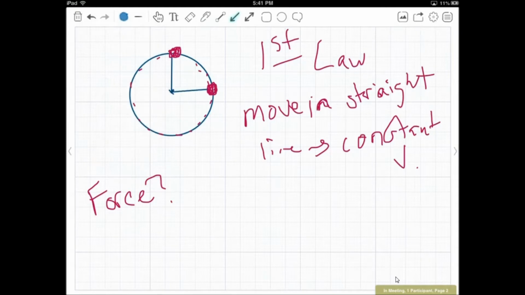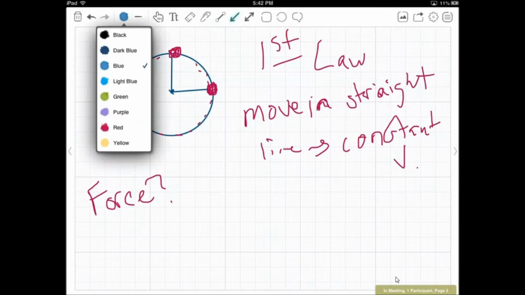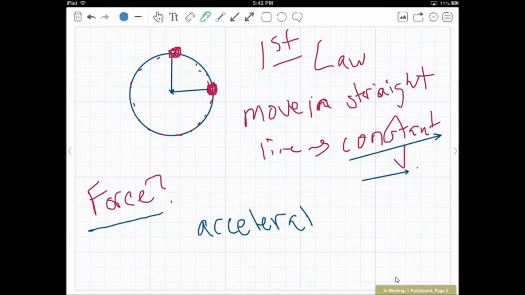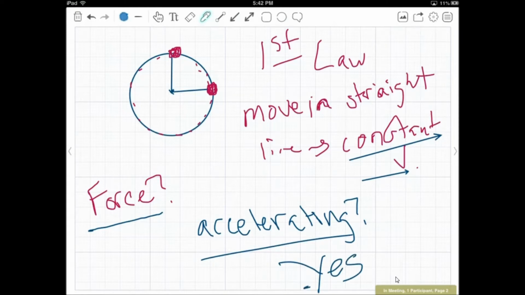One question that a lot of students will get wrong, even if they're really good at AP Physics, is this: an object moves at a constant velocity, not in a straight line, but in a circle. Is there a force being applied to that object? Or in other words, is the object accelerating? The answer is absolutely yes, because